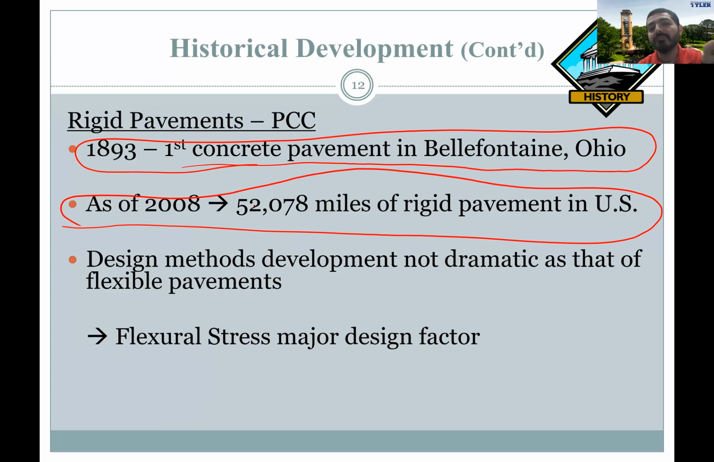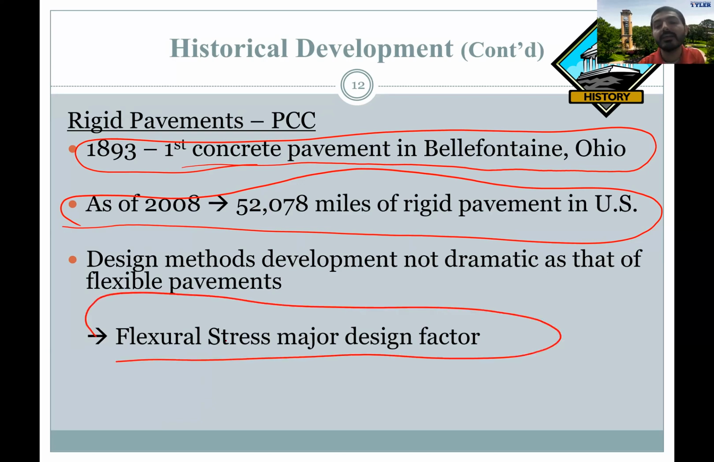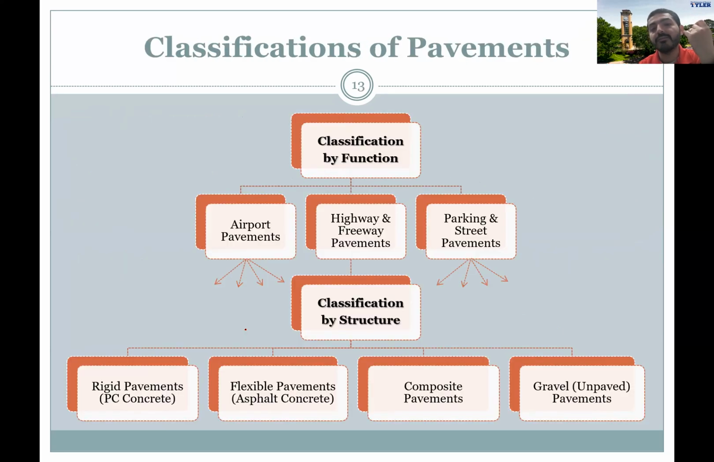And when it comes to designing Portland cement concrete, it hasn't really progressed that much. We're still using the flexural stress as a major design factor. When it comes to classifying pavements, pavement can be classified by function. So we can have pavements that are used for airport pavements. So if this is something new for you,